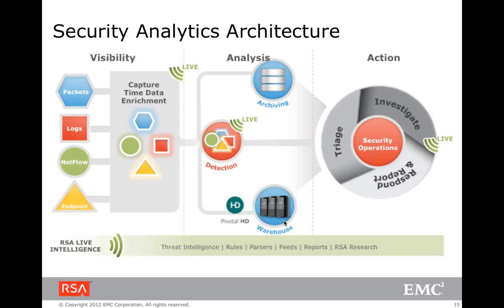So that is where I allow my archiving system to store long-term data, my detection to do my real-time analysis, and my Pivotal system or my warehouse system to be able to predict that something might be going wrong. This looks like we are moving in a direction where we will get compromised in the near future. Things are not looking very good. So that is where the warehouse can find patterns and warn me of these patterns as we move along.